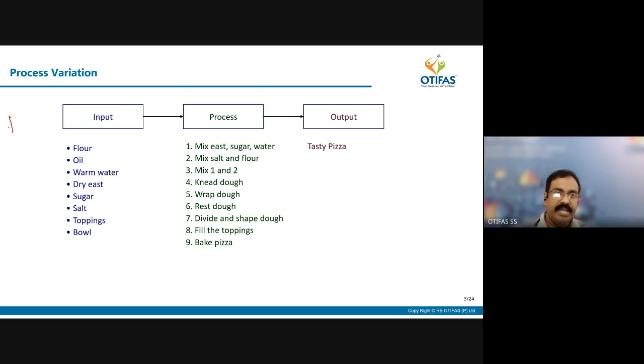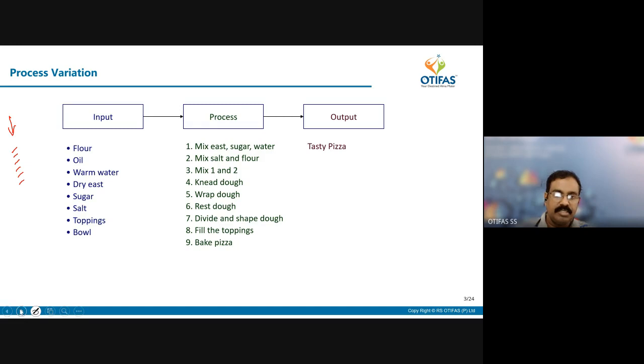Now, who could be your suppliers? Maybe your grocery shop in your society, isn't it? Vegetable vendor nearby. So you can have the suppliers. And who is the customer? If it is made in your house, the customers are your family members, etc. Or you want to make it for your girlfriend, whoever it may be, accordingly the customer. So you can identify who are the customers. If it is a shop, then you can identify the local students, etc. So you can define who all the customers are.